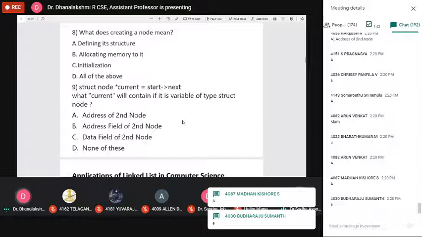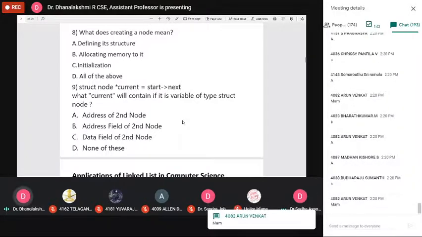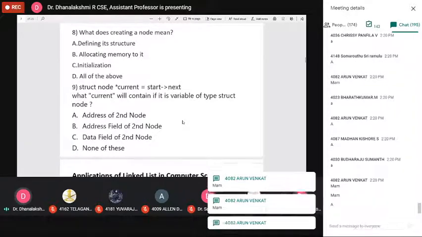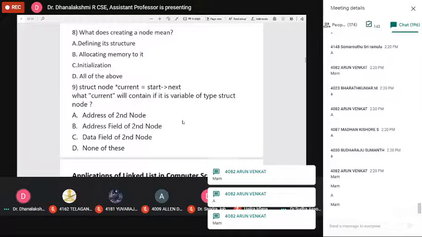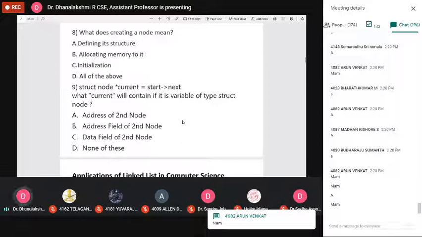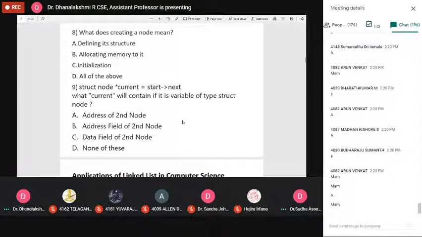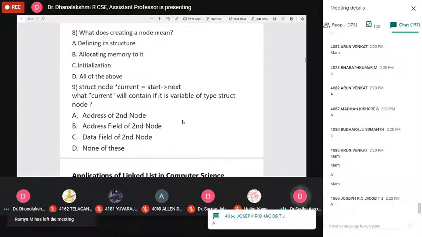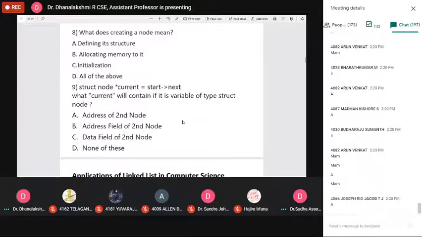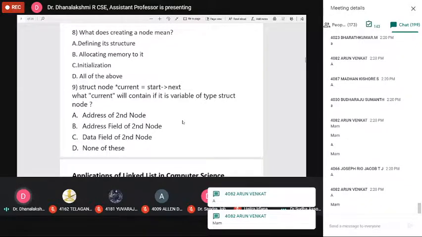In the very beginning, he has answered in the chat box. I can't read Telugu. Type DMO. DMO means? Hey Arun Venkat, what is the answer?